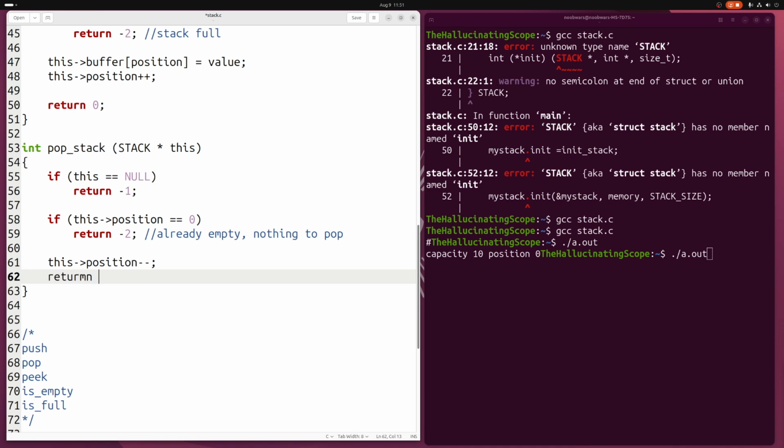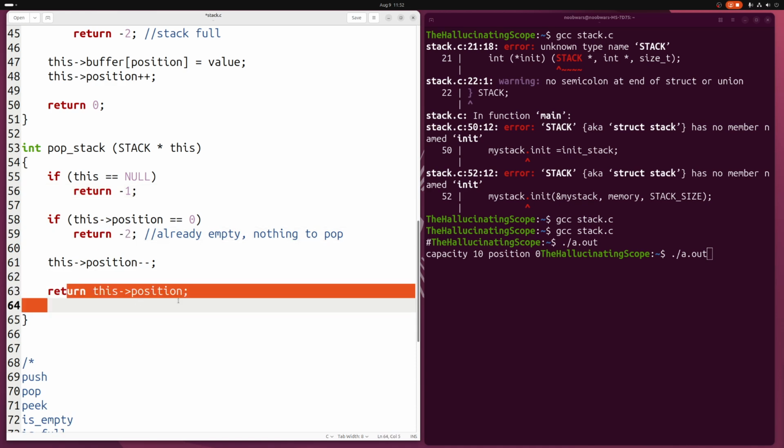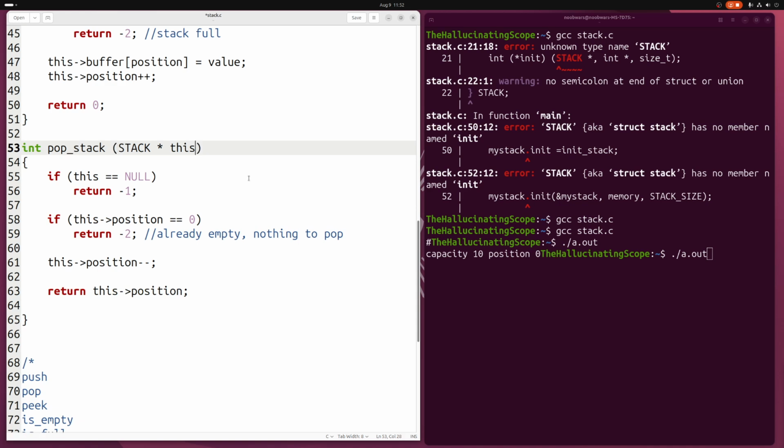Do this first, and then we return this position. So, but this is a problem because we cannot differentiate between -1 and -2 and whether this might be a valid value stored at this position here. So what we're gonna do now is we hand over a value, a pointer to a value, and we return just our